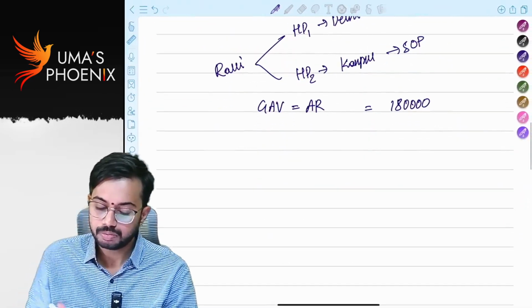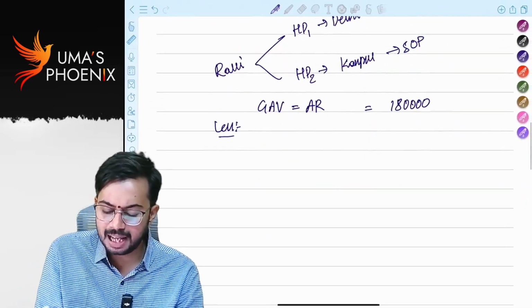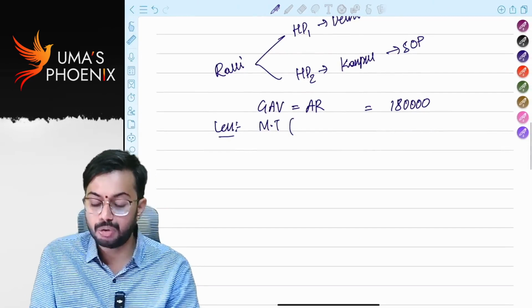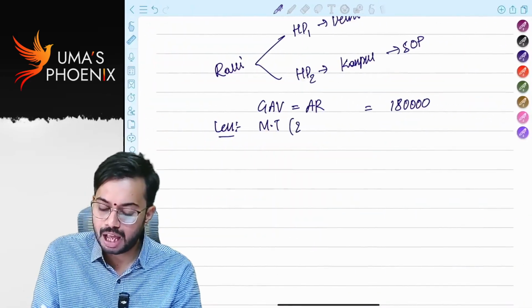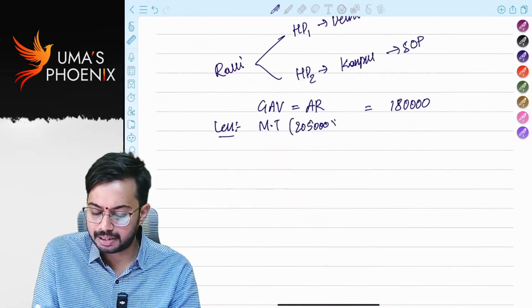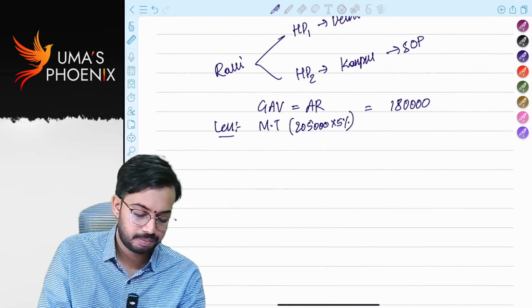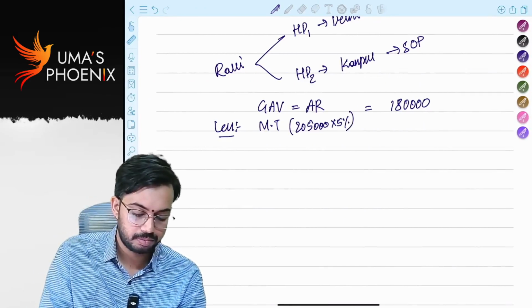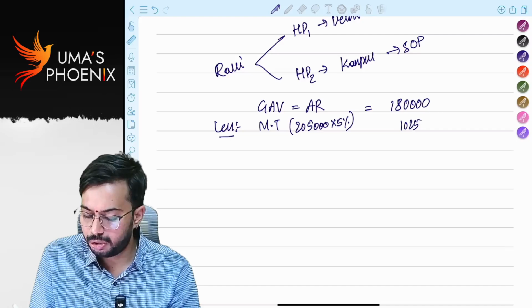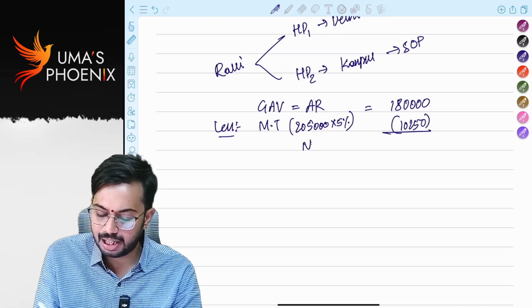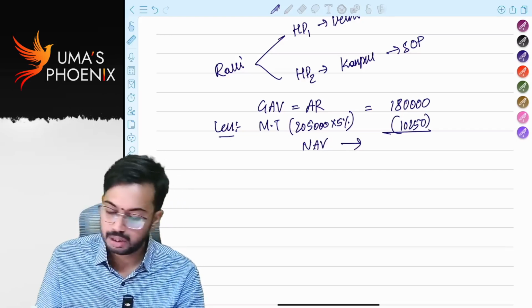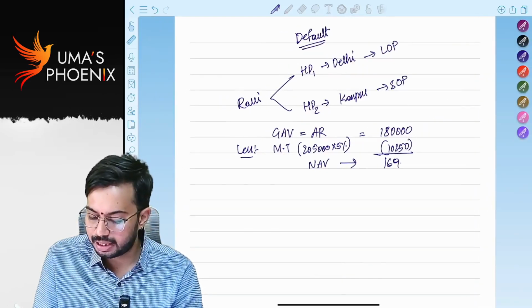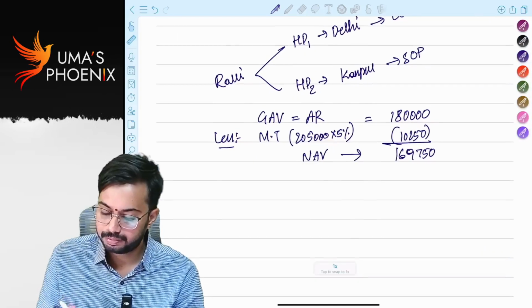Now, less municipal taxes. Municipal taxes is equal to 2,05,000 into 5%. How much? 10,250. How much is net annual value? Net annual value is equal to 1,69,750, less